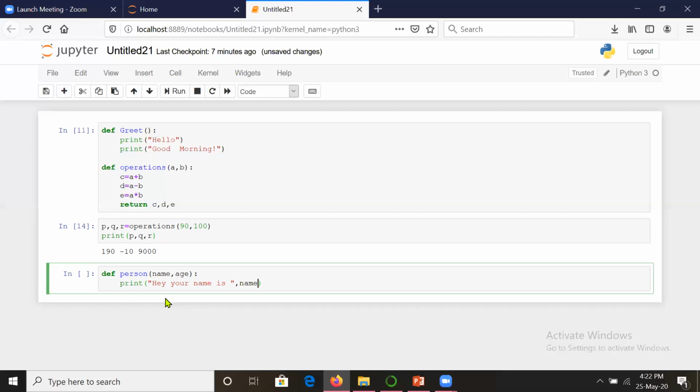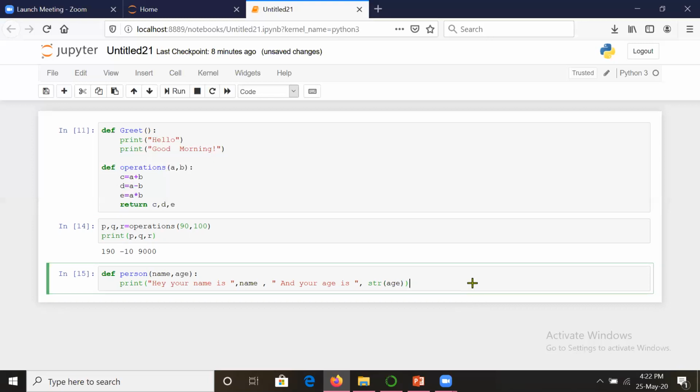Both are strings, so it will accept it. But I want this age also, and suppose I say "and your age is". Well, I have to convert this age into a string, because the earlier part is a string and age will come as an integer, right? So let us execute this function.